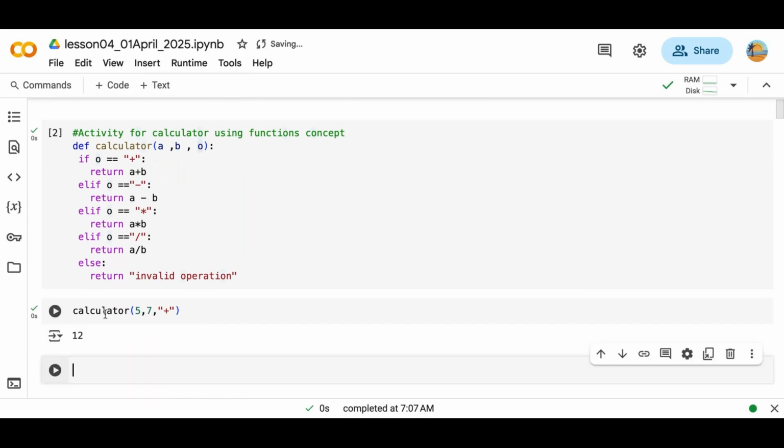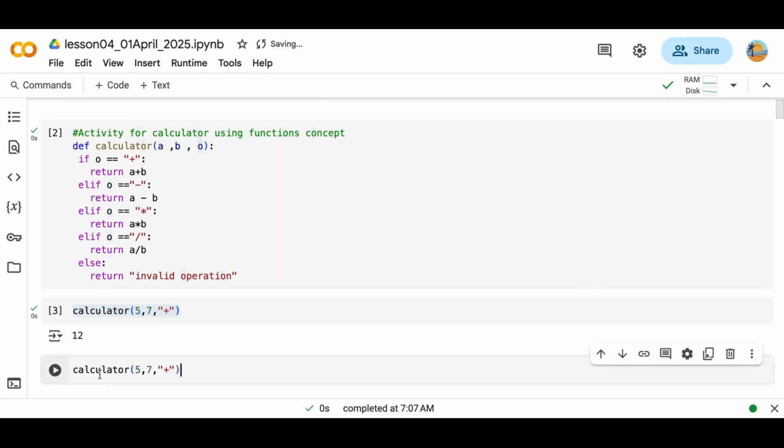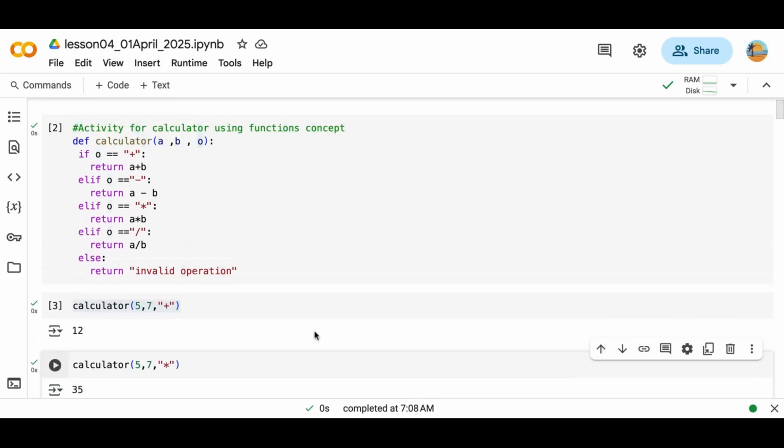And any questions here before we start with modules? You can explore more about this calculator. Okay,